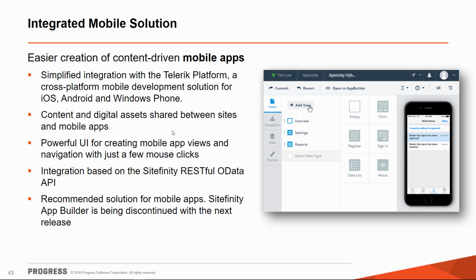But before that, I would like to point out that this would be our recommended solution going forward for creating mobile apps, and the Sitefinity mobile app builder that you may have seen as part of the CMS would be discontinued with the next Sitefinity CMS release, and we will no longer support that because the Telerik platform offers a great way for you to build those content-driven mobile applications, and it's a much more powerful tool set that covers the end-to-end mobile application development cycle.